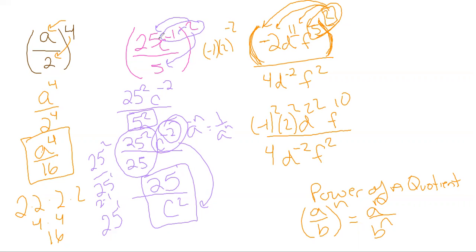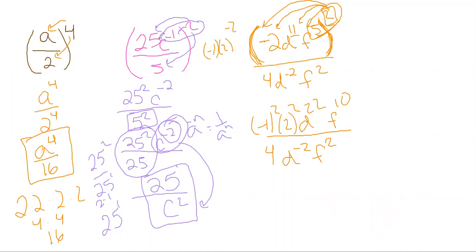And then we can go ahead and start cleaning up everything with all the stuff we have. So let's go ahead and do that. I know that -1 squared is just +1. Okay, and then I know that 2 squared is 4. So really what I have here is 4d to the 22nd power, f to the 10th power over 4d to the -2nd power and f to the 2nd power. Now, check out something else I see. I see a 4 divided by 4. Well, that cancels down to a 1, okay? I also see